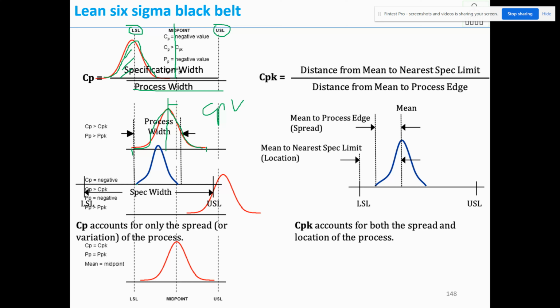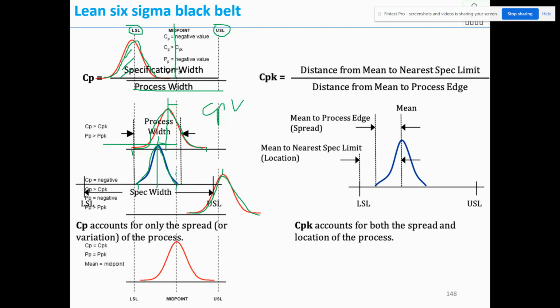Now let us see this example. It has distributed from lower towards the mean. Now CPK will not be good because your process average is away from the drawing average or drawing mean, and sigma is okay. Your sigma is less here. Your CP will be good in this case. Now coming to this example, it has gone towards USL and above USL also. Here it is very far away from the drawing mean. Your process mean is far away from the drawing mean. Then CPK will also be less. CP also will be less.